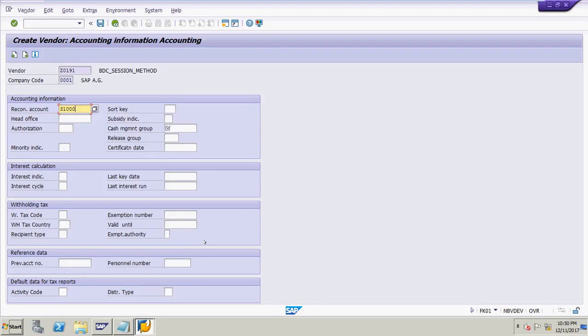Remember, the cash management group is A1, and click on the save button. Just wait, it will take time.